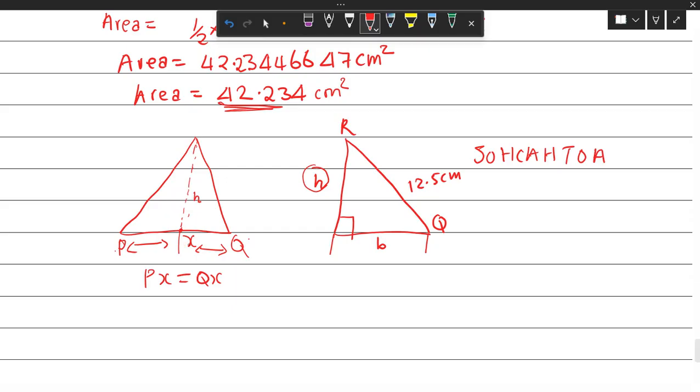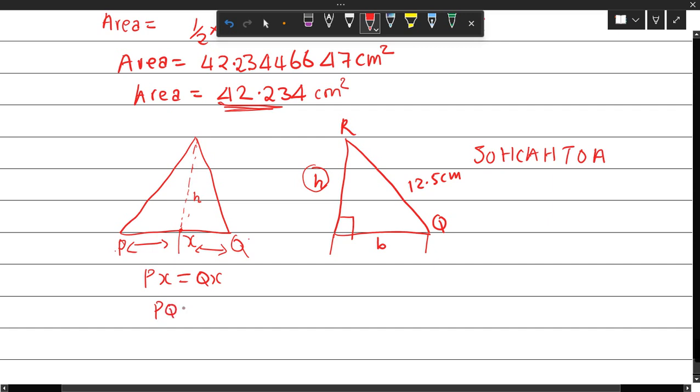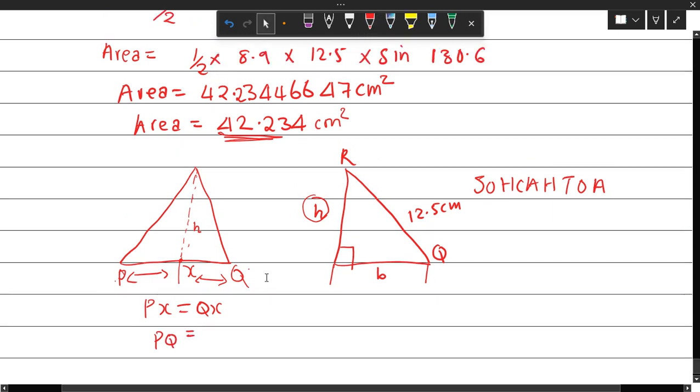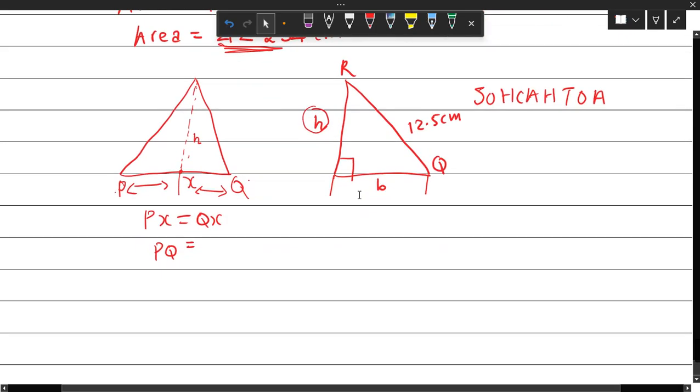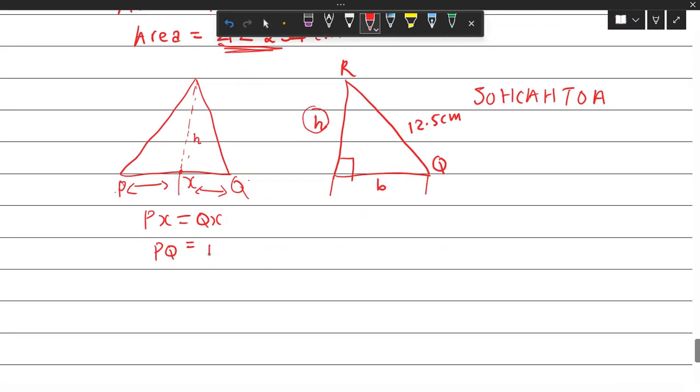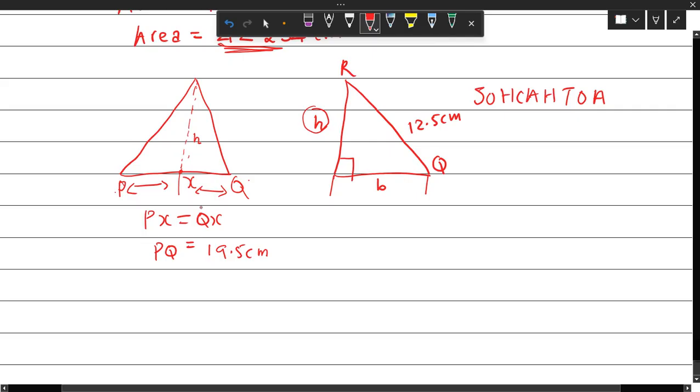But we only want this piece. So who can tell me, how can we find this distance? We know PQ. PQ we've already calculated, which is 19.5 centimeters. So now we want this half. So you divide PQ by half. Meaning, if you divide 19.5 by half,